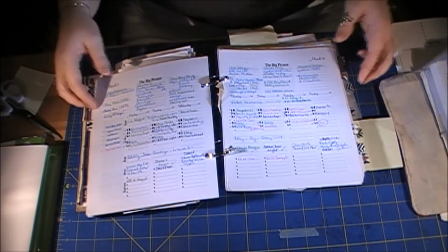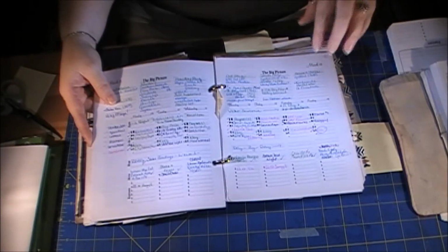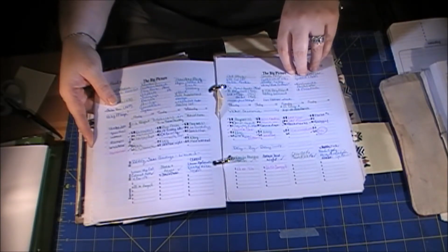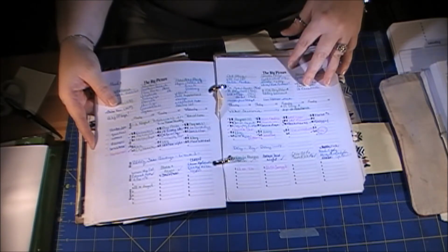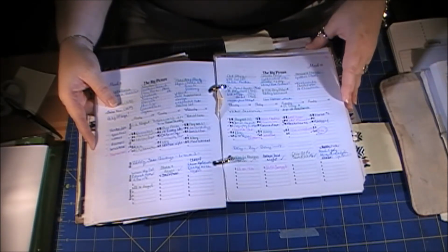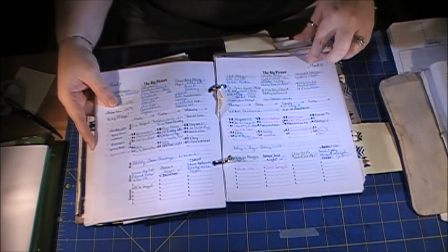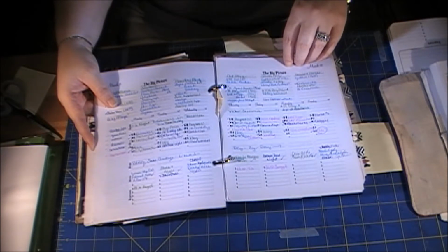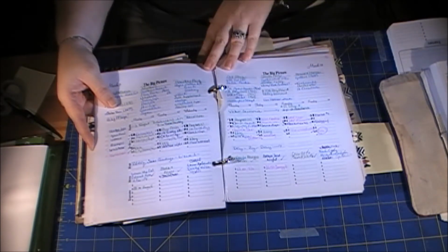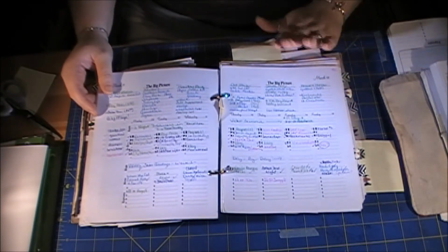But what happened was this is actually a legal size sheet of paper, and finding good quality legal size paper usually requires ordering it online, which isn't horrible, but it's not ideal. To change it meant I wasn't willing to change after the first year, because I liked this size and I could deal with it. But I did start offering it in an Etsy shop so that other people could use